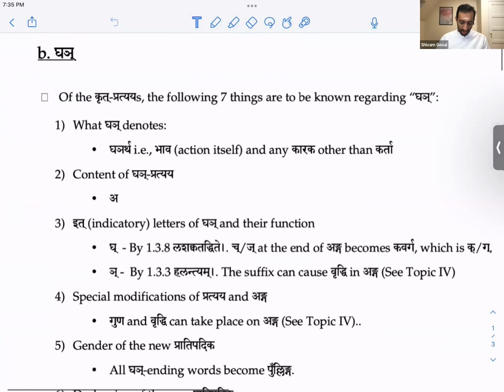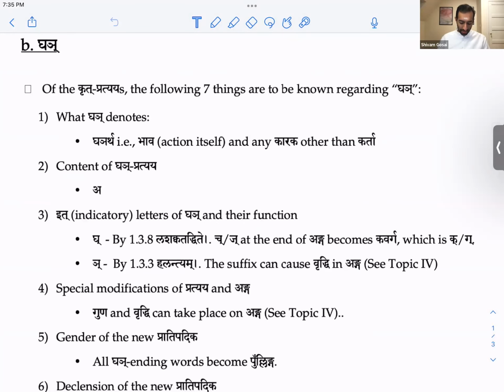When we're talking about Ghañ, the Ghañ denotes Ghanartha, which is funny, right?